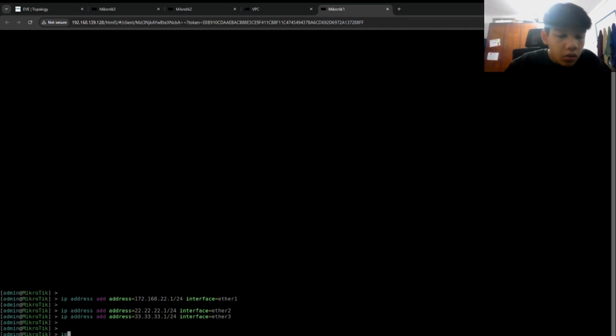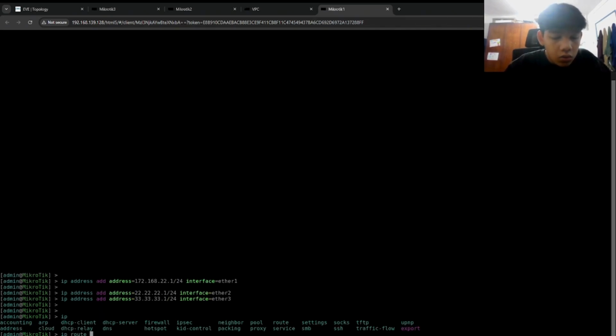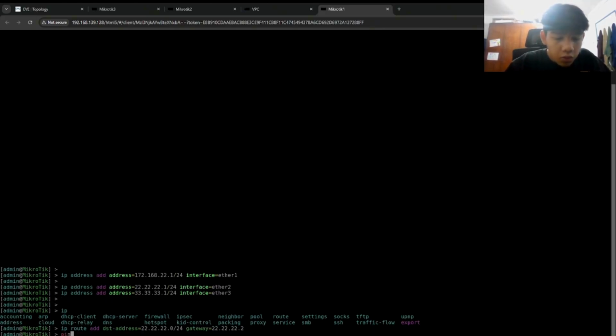So it's like this, IP route add destination, and then gateway. Okay, you just ping it to see if it works or not.